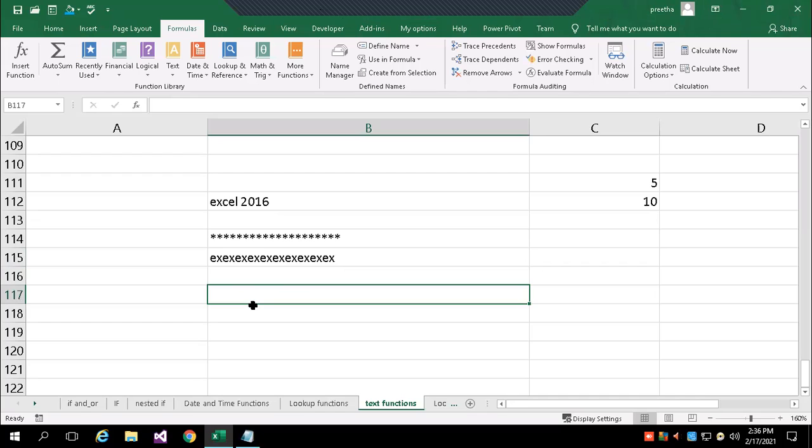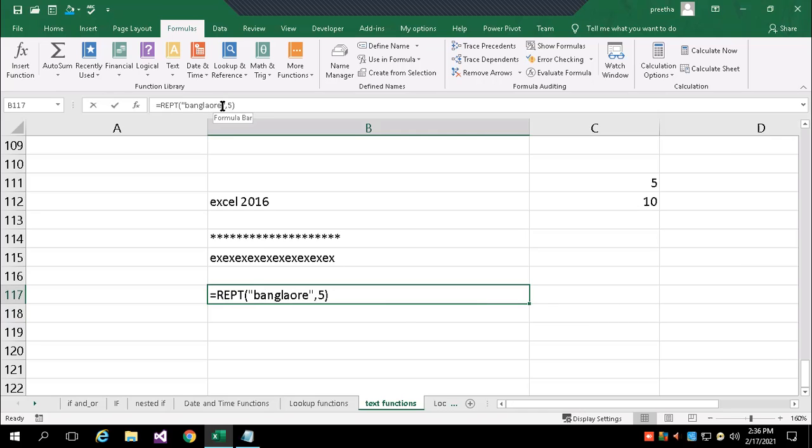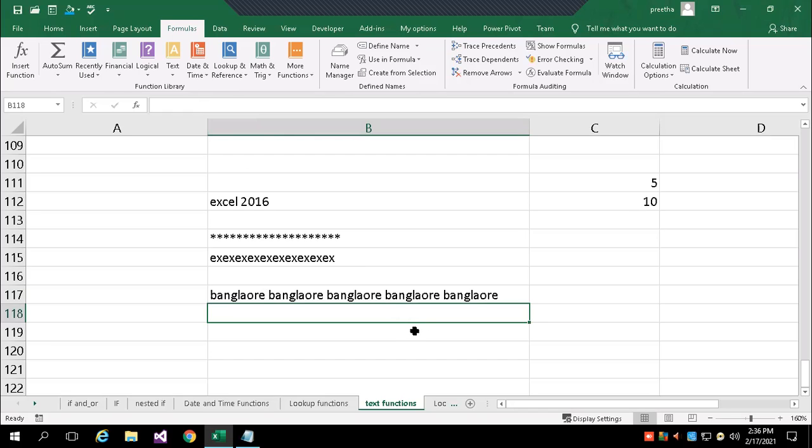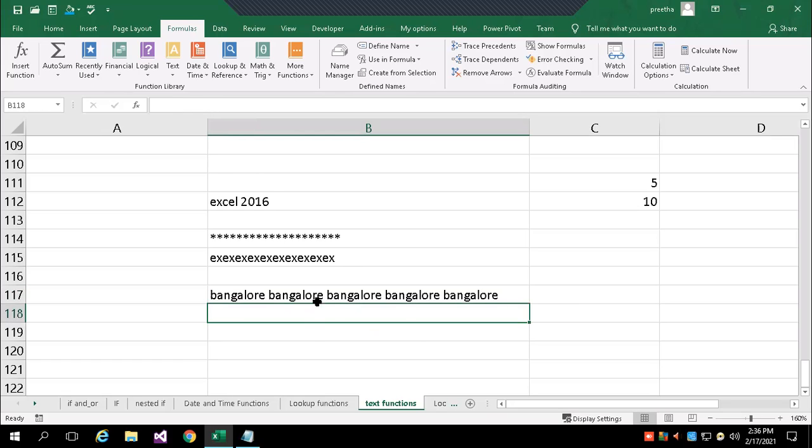I'll say here Bangalore for 5 times, so the text will be repeated 5 times. If you want a space, give one single space when writing it. There is a spelling mistake, which we can correct. So that's for repeating.